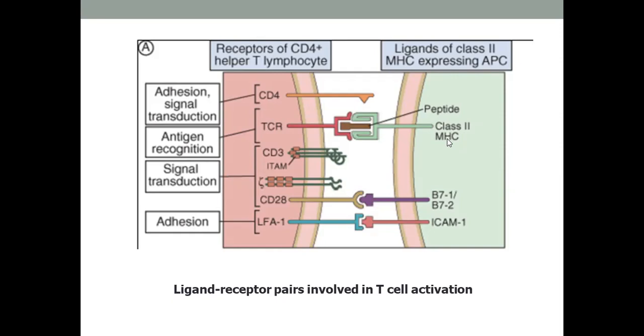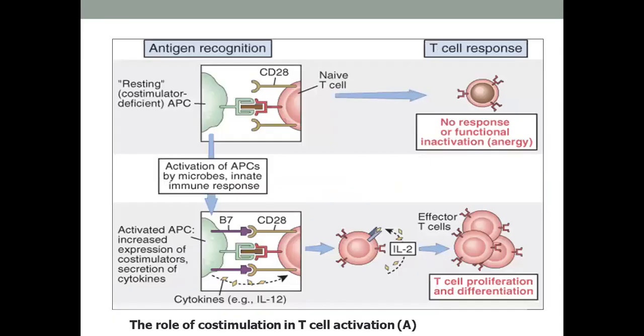Here the MHC class 2 is presenting, and there is a CD4 cell to mediate the interaction. The second signal which is required for the interaction is CD28 and B7. So this interaction, the co-stimulation, is required for the activation of the lymphocytes. And the last one is LFA, which leads to the intracellular activation of the T cell. So again, this is the same thing which you can see here, the antigen recognition and the